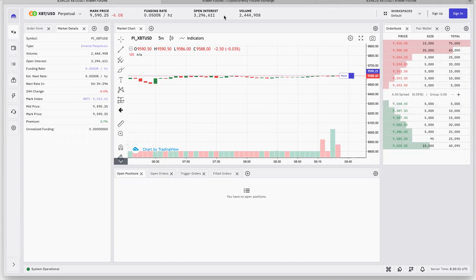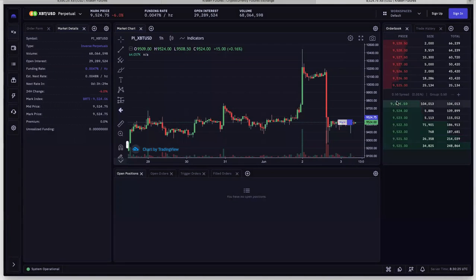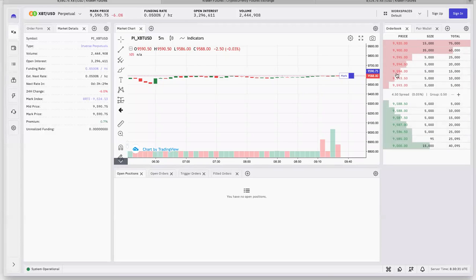The spread here is like $5, whereas the spread on the live platform is almost never more than 50 cents. That's the minimum amount. It's almost always just pegged at 50 cents. But here it's about $5, and the price ranges pretty far in there. So the number calculates correctly. The problem is that on the demo platform, the premium will swing wildly because there's nothing keeping the mark price in line with the mark index price beyond a very wide range. For example, here the mark price is trading at a huge premium to the mark index.